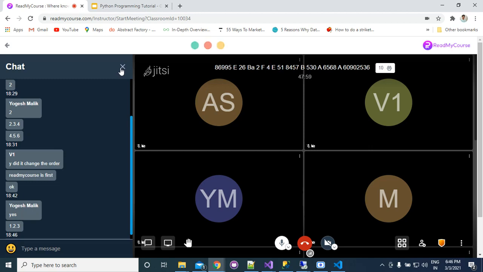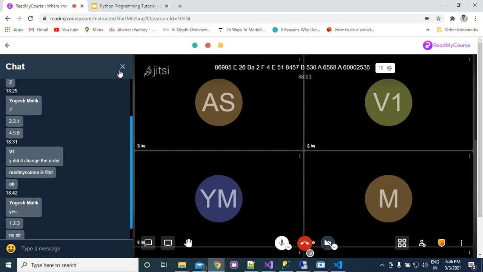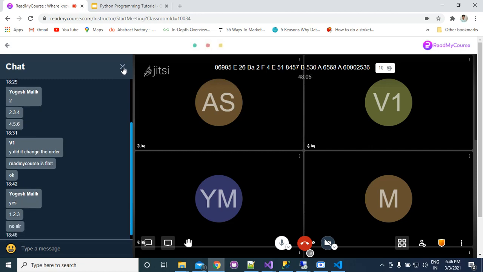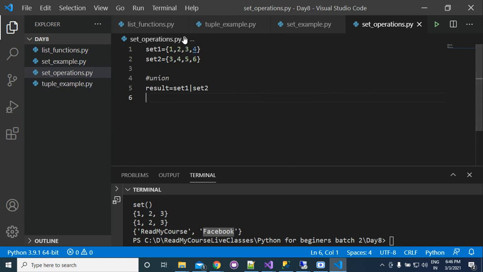So first is set 1 and second is set 2, and we want to perform the union, then we write result is equal to set 1 union set 2.